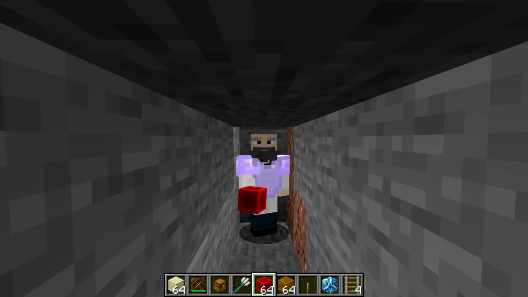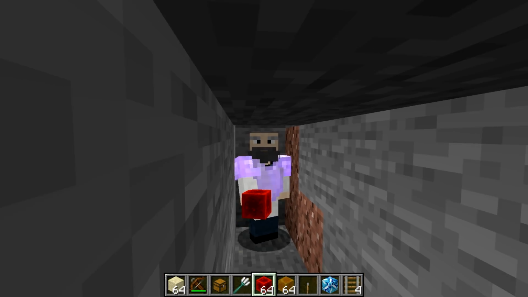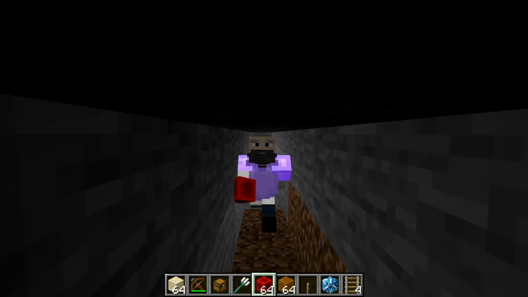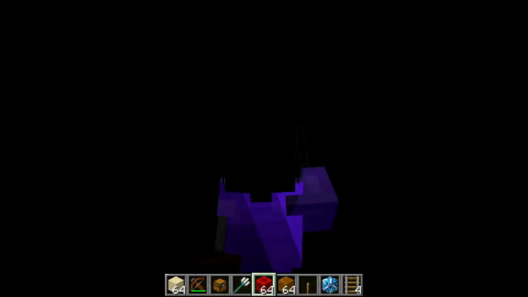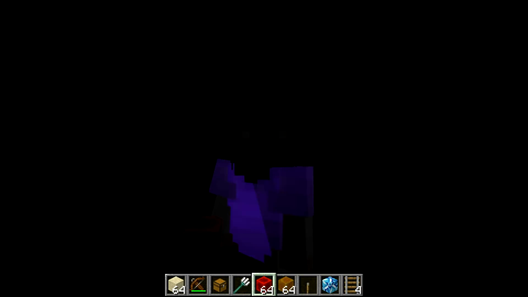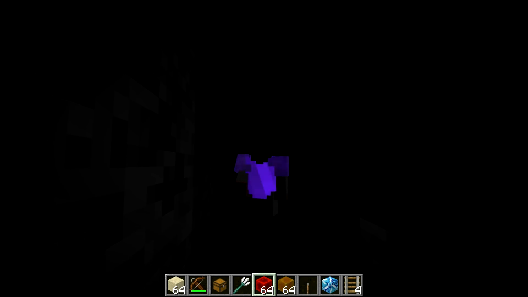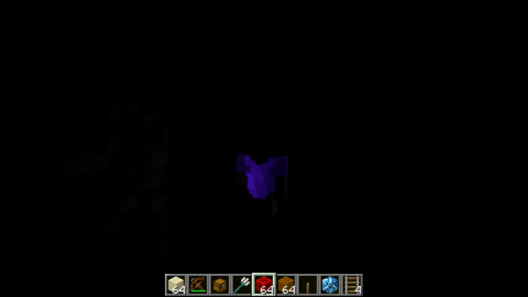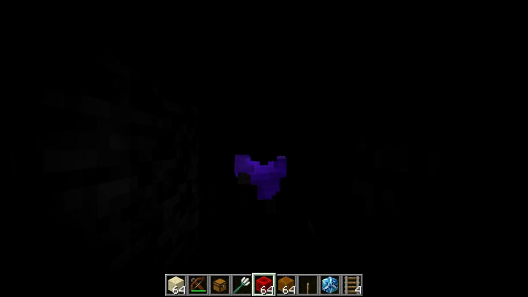So, take a look. I'm in the light right now. It looks like I'm just wearing a regular piece of enchanted armor, nothing too special about it, but as I walk deeper into this cave here, you'll see that actually, yeah, you can now see enchanted armor much better in the dark than you previously could. It's not clear if this is actually a bug or if this is intended, but yeah, you do sort of glow in the dark now if you're wearing enchanted gear,